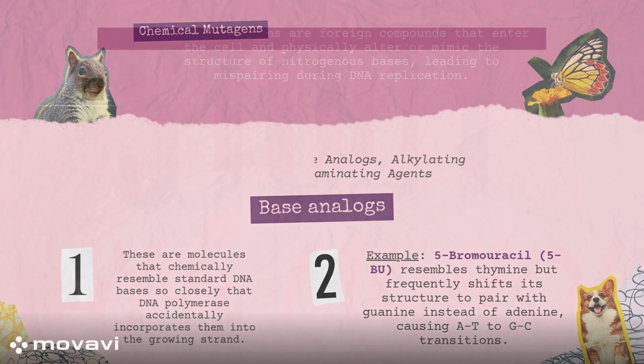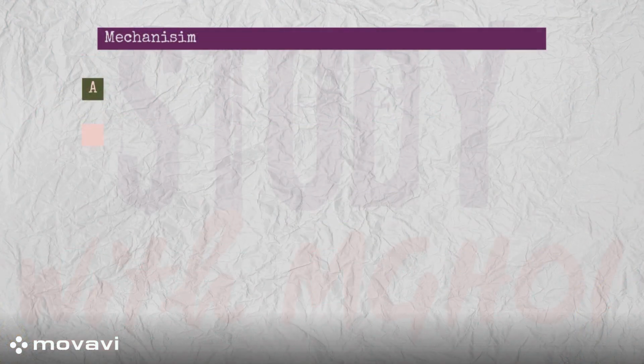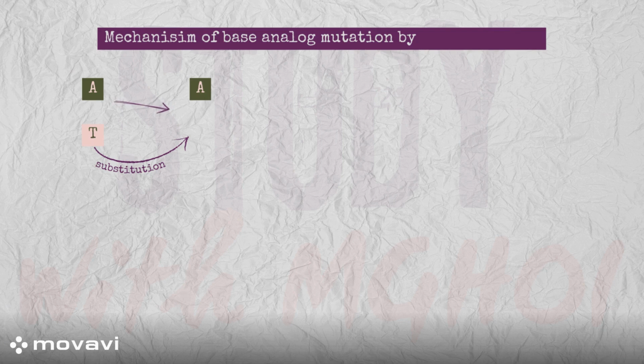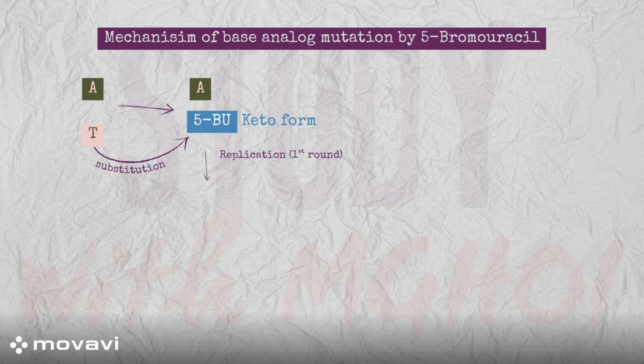On the strand, we have two nitrogenous bases following each other, that is A and T. So once in contact with the chemical mutagen 5-bromouracil, the result is thymine is substituted for 5-BU, that is 5-bromouracil. And as you can see, adenine remains adenine. In the first round of replication, we have the AT strand that maintains its integrity and the replicated strand that involves a bromouracil